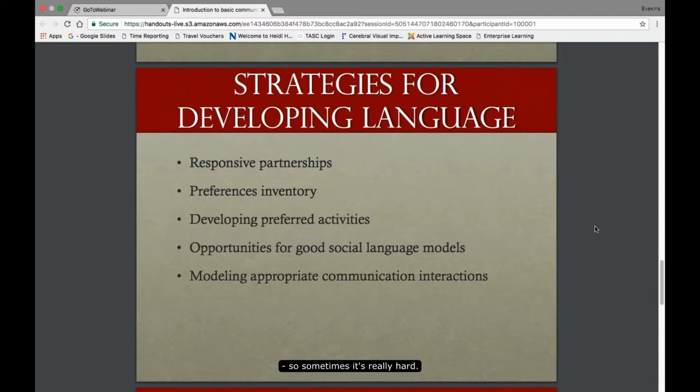So sometimes it's really hard. Some of our kids with the most challenges are also medically fragile, and so it can be a little frightening to have them in a situation where they're around other children where there can be potentially germs, and the child can get ill and sometimes severely ill. But it is important for them to have those good social language models.